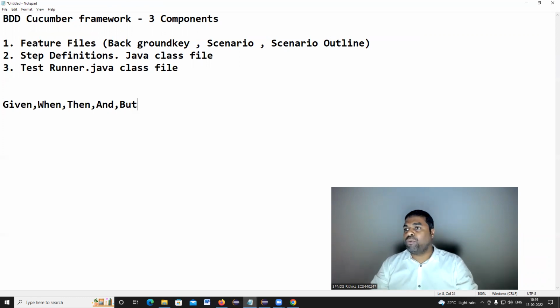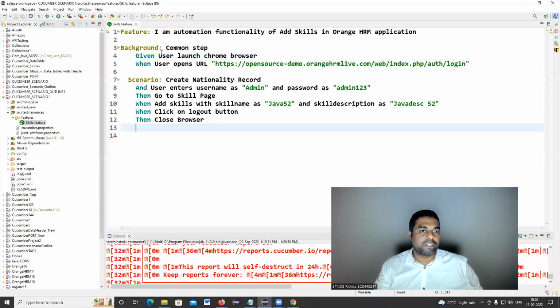By using these keywords, you can write some set of steps. So you need to write some understandable English language. So, given user launch Chrome browser, you can write whatever you want. Okay, launch Chrome browser. But the must, so given means generally whatever input details, user launching Chrome browser, and when